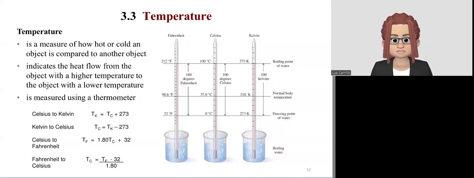In this video, we're continuing talking about the concepts of chapter 3, and now we are going to focus on understanding temperature. Temperature is a measure of how hot or cold an object is compared to another. It can even indicate the heat flow from an object that has higher temperature to the object that has lower